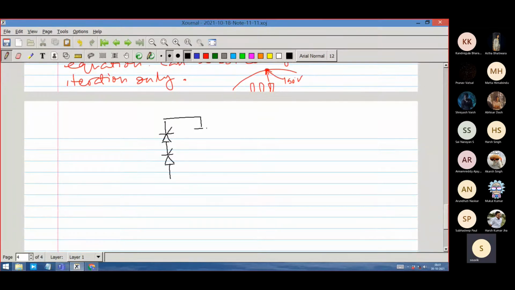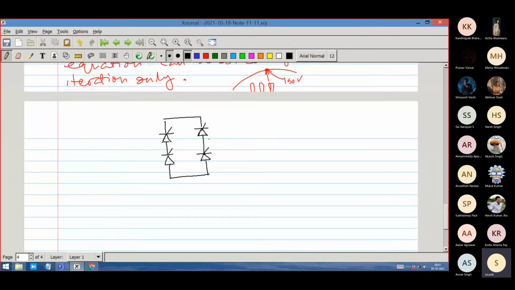This is the converter. The major decision that we need to take all the time is whether it will be in CCM or DCM for various kinds of load situation. Load situation means the values and structure of the load. We have decided that it is R, L and a source. The source I wrote in the last class as VD. This is L, this current is ID, and this is R. So this is the converter, this is the supply VAC,